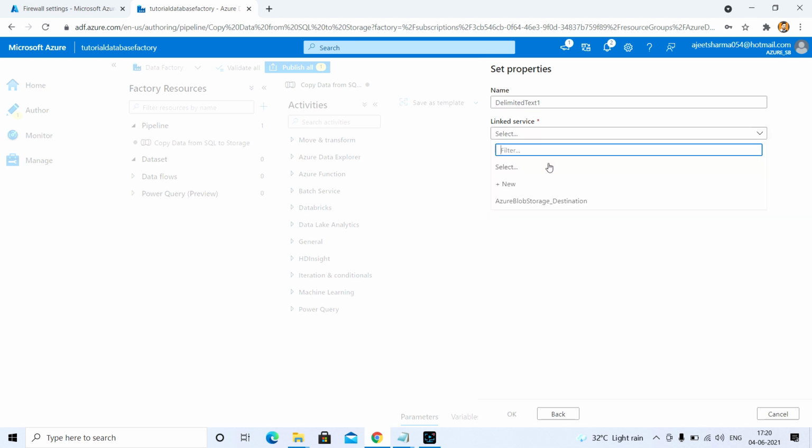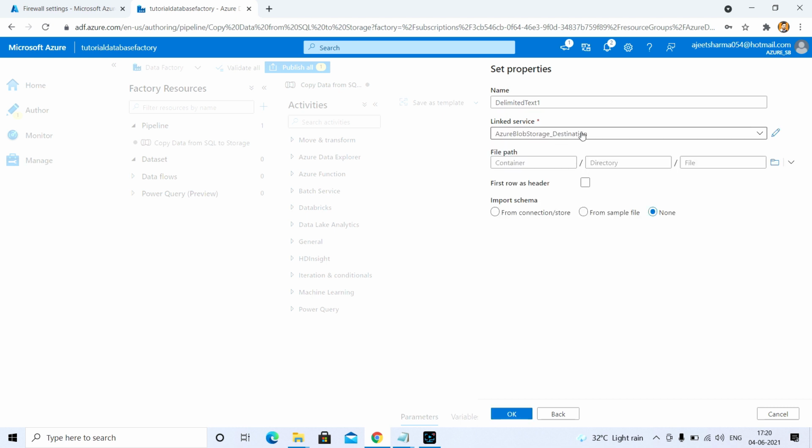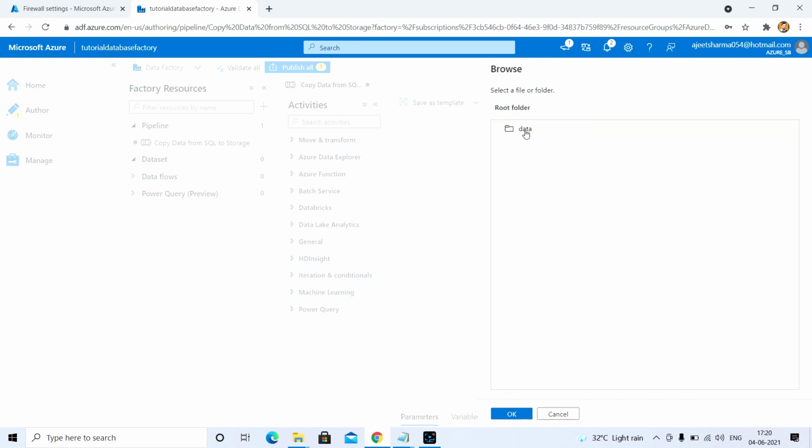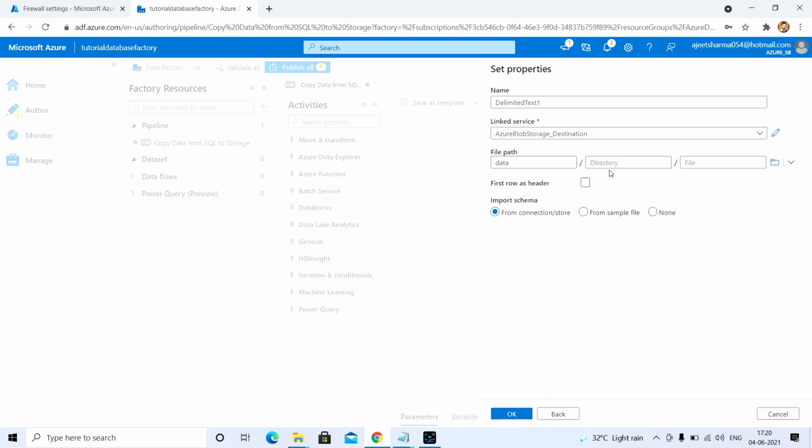Here you need to change the blob name. If you have already created a container, you can browse that path. If not, you can create one, and after that you can browse this path. So I'm browsing that. As you can see here, my container name is available. So I'm clicking OK. Here you need to mention the path, meaning the file name. So I'm going to mention the file name, customer.csv.